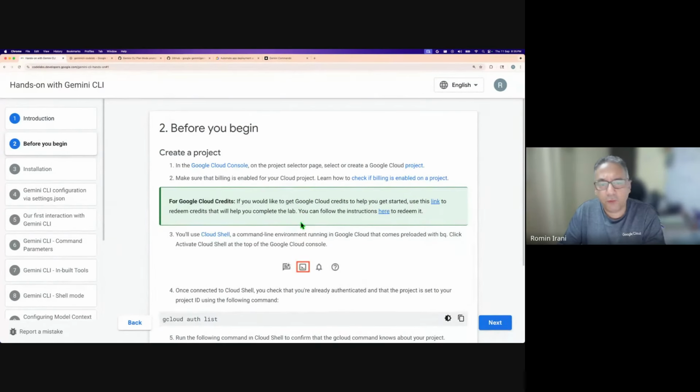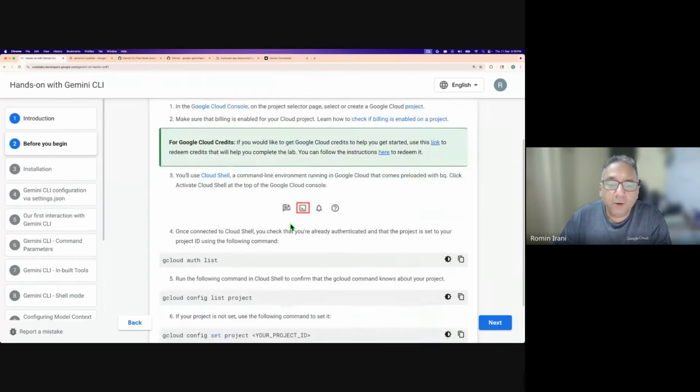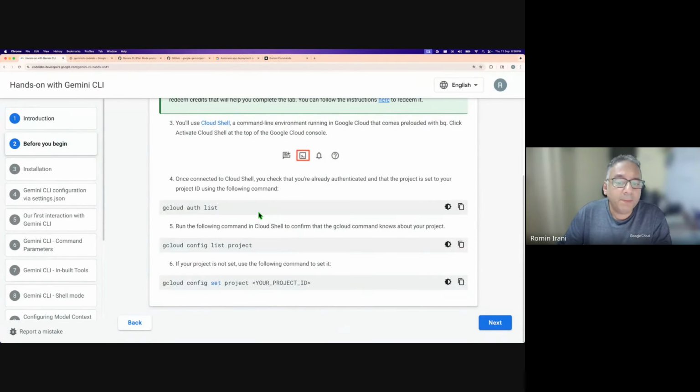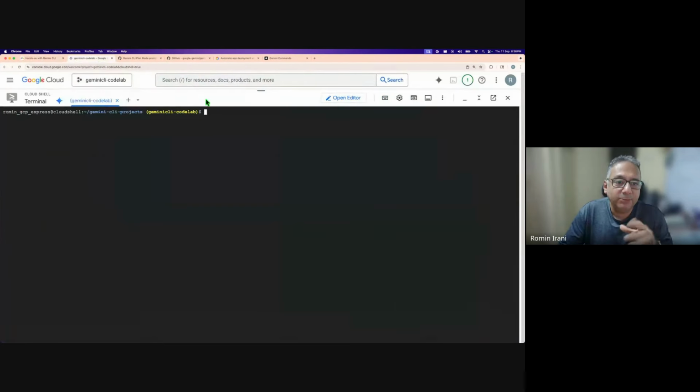And again, before you begin, the point is that you now have access to a Google Cloud project. You're in Google Cloud Console, and you've got the $5 billing account. All those things are set up. Now, we're going to be running Gemini CLI, which comes pre-installed in Cloud Shell. So of course, the first thing that you need to do is, as I'm showing you,